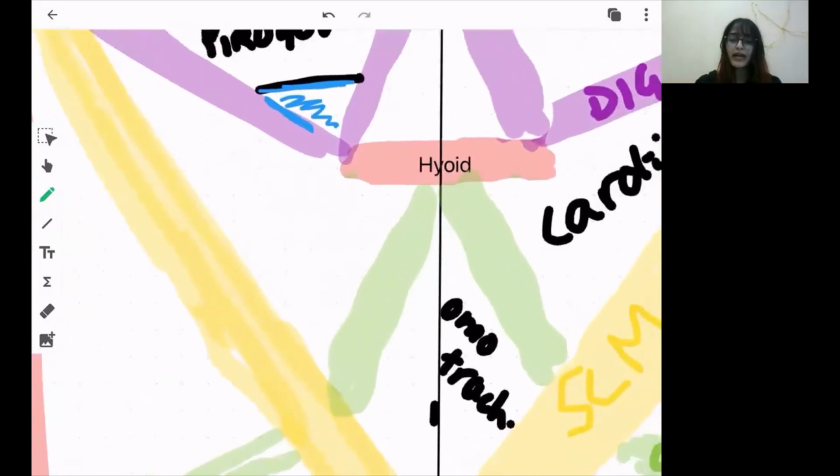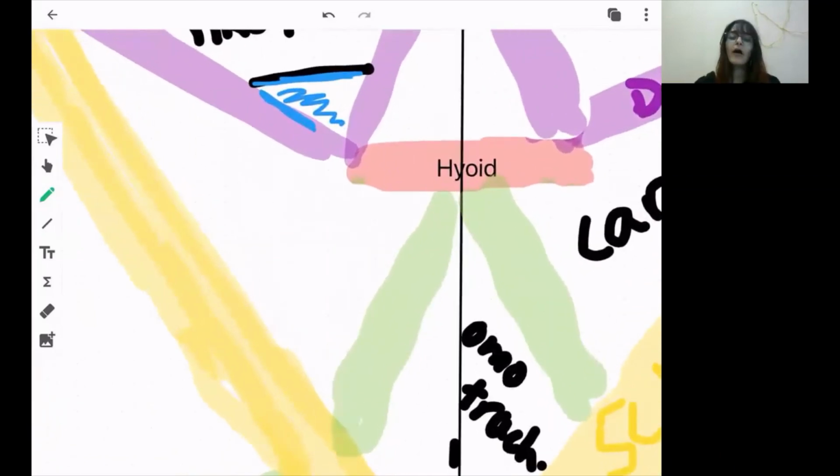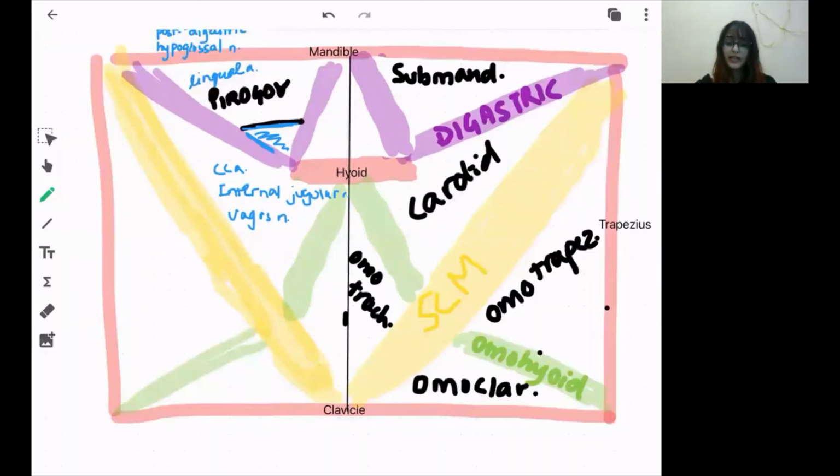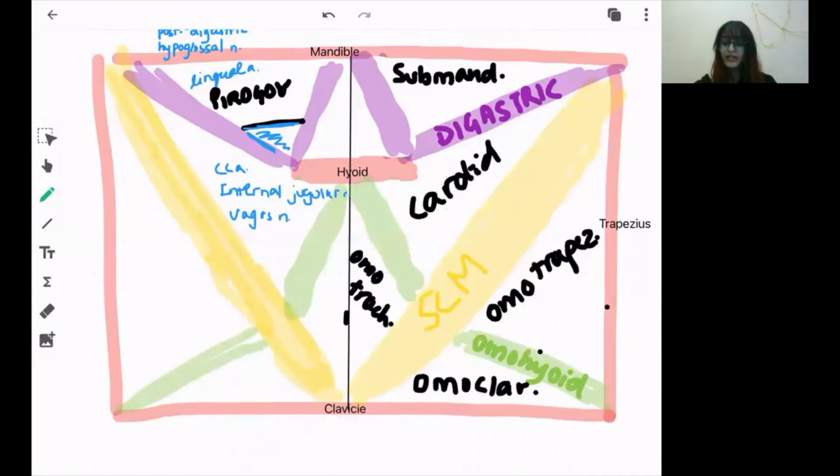So again, next triangle, the most important one, the carotid triangle, its boundaries are often asked. It contains a common carotid artery, and it bifurcates into external and internal carotid artery in this triangle only. And along with the common carotid artery, you can find the internal jugular vein. And also the vagus nerve. So these are the main triangles of the neck, its contents and the boundaries.